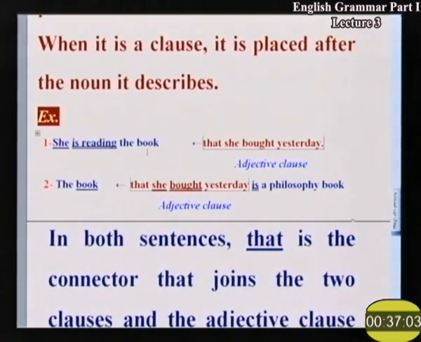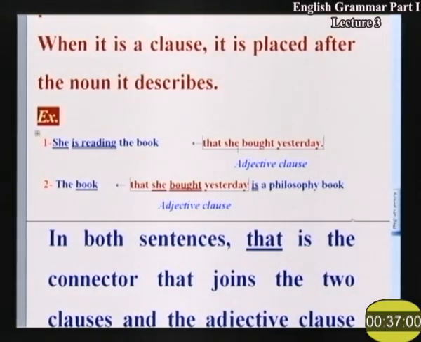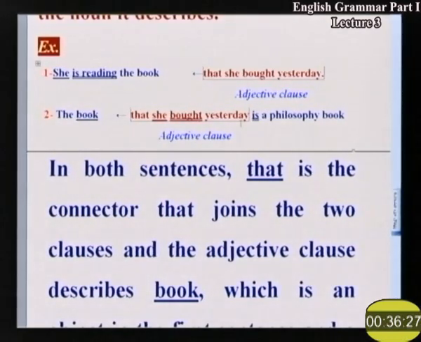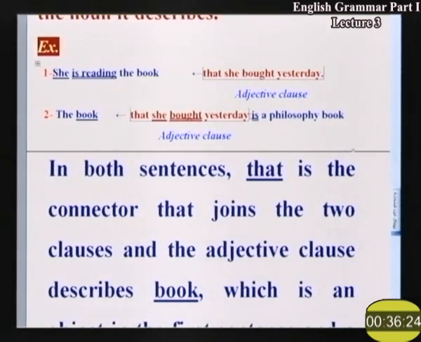طيب تعالوا نبص، وطبعا يعني that she bought yesterday، ادي عندي برضو because this is a clause. I have she subject, bought verb. طيب let's look at the next sentence. The book that she bought yesterday is a philosophy book. طيب أنا عندي أهو book وعندي is subject and verb، وبرضو عندي she subject, bought verb. يبقى أنا عندي two clauses. طيب وهنا عندي that she bought yesterday